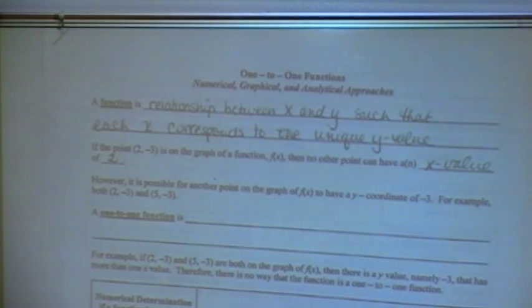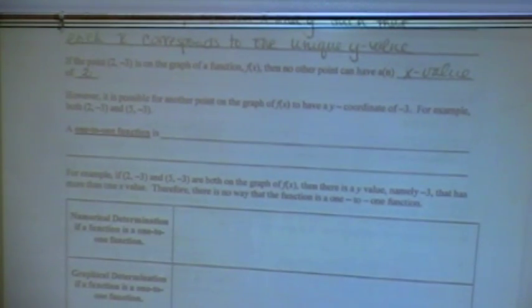However, it is possible for another point on the graph of f(x) to have a y coordinate of -3, for example, (2, -3) and (5, -3). Y'all know all this. That's just a review of things you already know. Okay, so a one-to-one function